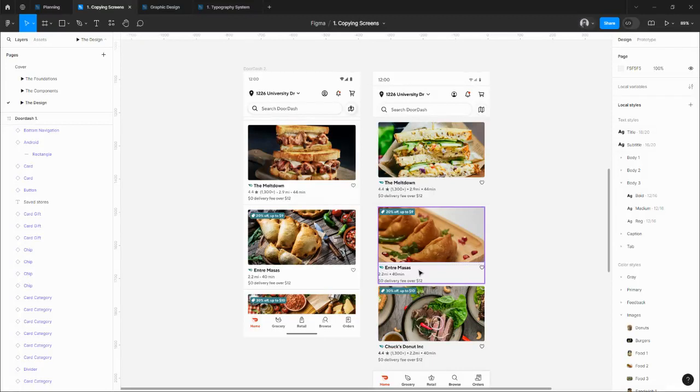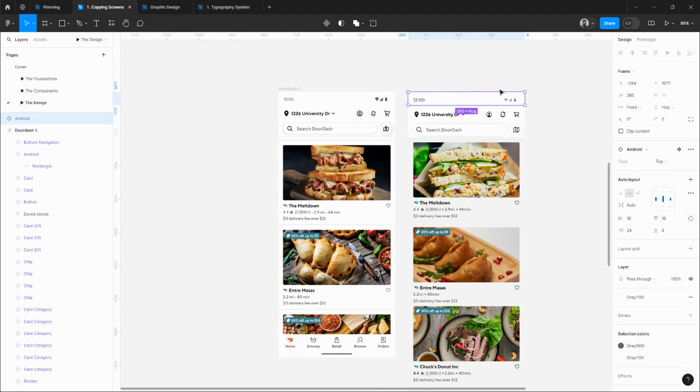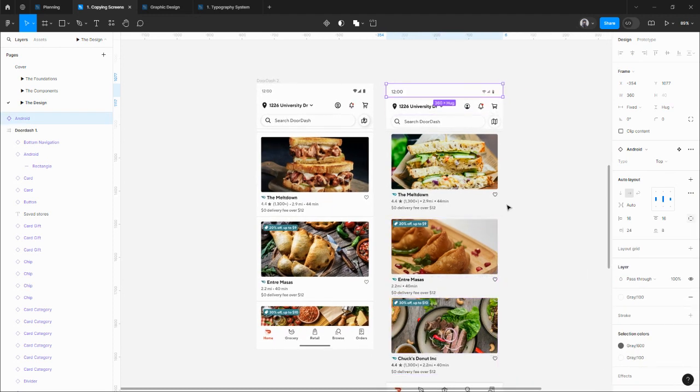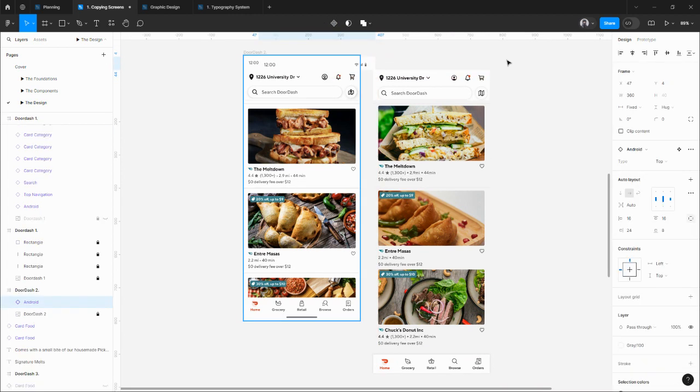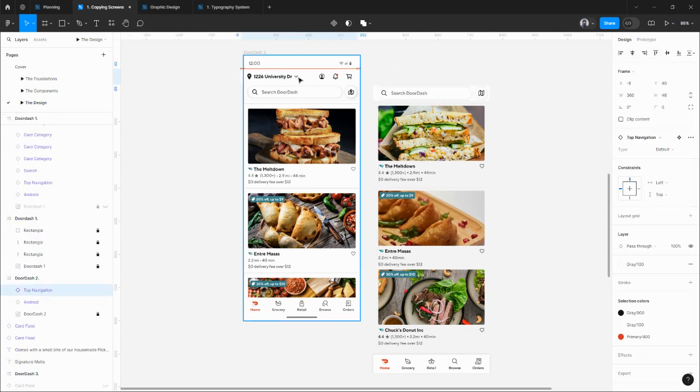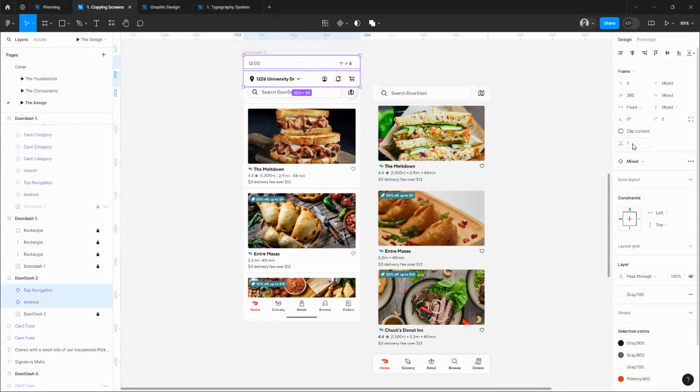Hey everyone, for the remaining two screens, these are simple, so I'll compile both of them into one video. I have brought all the ingredients I need for making these screens, meaning the components that we have been making. So I'm just going to drag and drop them. One, two, there is no spacing,